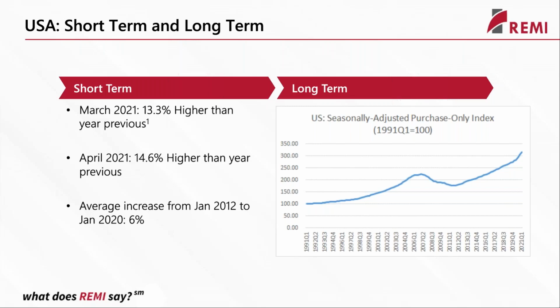To give a little bit of context, if we take a look at that same metric, same month analysis, but the year before, from 2012 to 2020, then we see an average of 6% increase in the price of housing. And you can really tell that in the last few months, housing prices have seen a really significant uptick. If you take a look at that graph to the right, we have a rather steady increase, that 6% average increase from the trough of the Great Recession to about 2020. But if you squint your eyes a little bit towards the right, you can see that the slope of that line increases significantly just in the last few quarters.